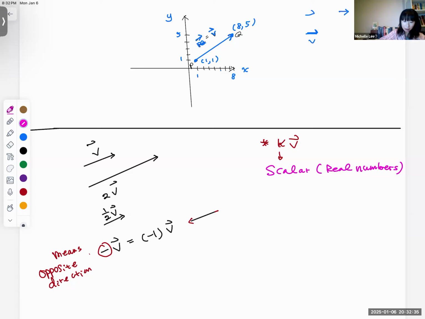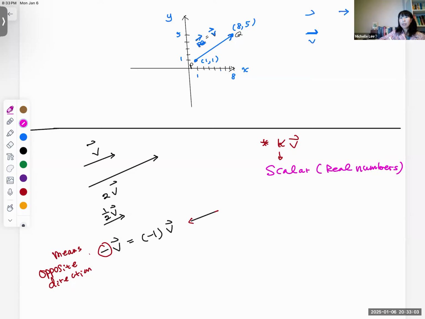So for example, we have 2, 1/2, -1. Those are scalars, right? We can express 3, 5, 7, any numbers. So scalar means any real number, right? Okay, then